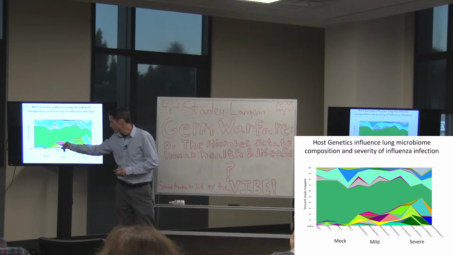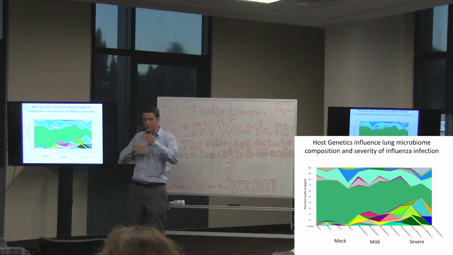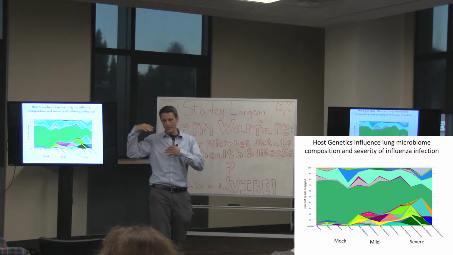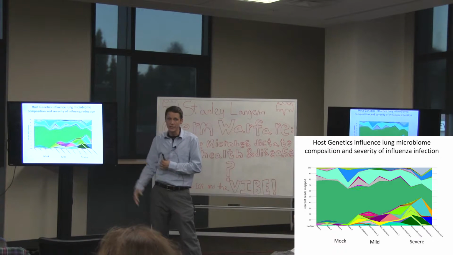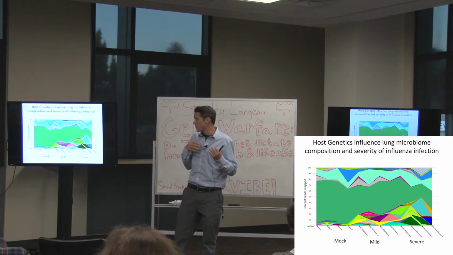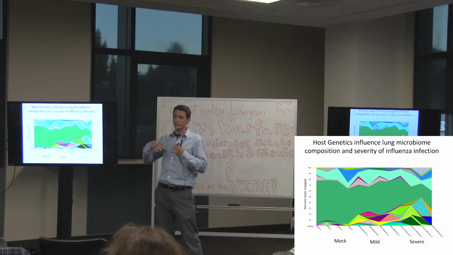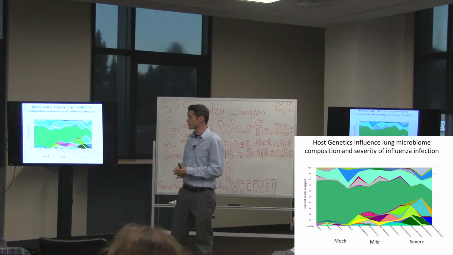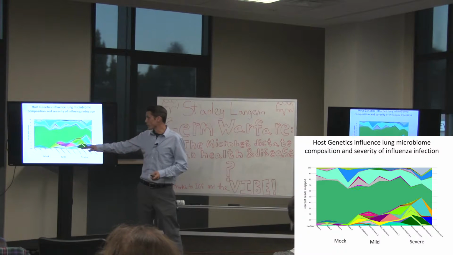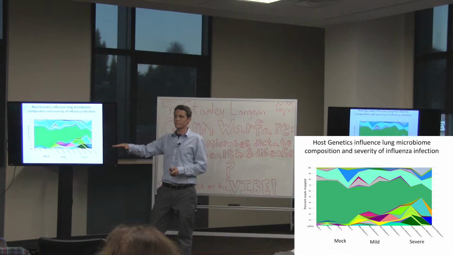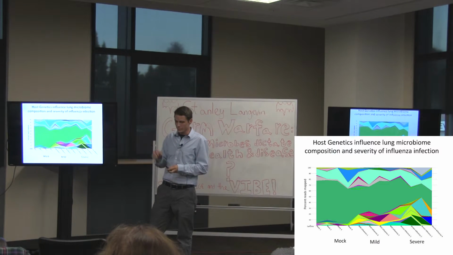It didn't change as much. And these guys is the more severe. So you can actually have genetics play a role in the overall outcome of the microbiome to infection. So you can have microbiomes that are originally more diverse that then get more diversified or less diversified. And what we were trying to do is associate maybe that the early diversification is really the driver to the